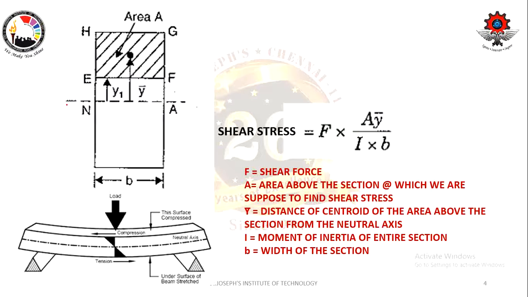For this particular beam of rectangular section, the beam has a neutral axis passing through its center. When you consider the x-axis passing through the center of the beam, since it is symmetrical, even if you put a y-axis, it will pass in this way. So for the y-axis, this is going to be the neutral axis, and for the x-axis, this is going to be the neutral axis. So what is neutral axis?